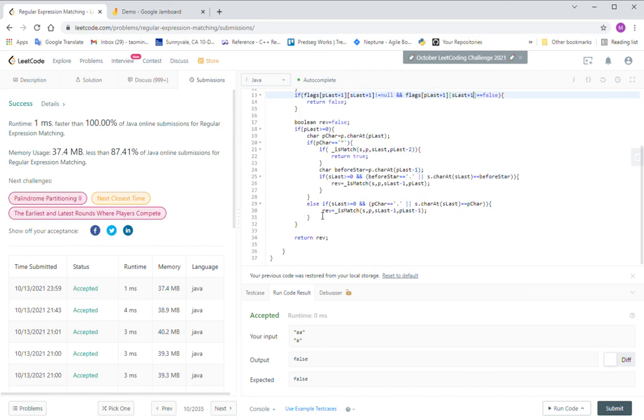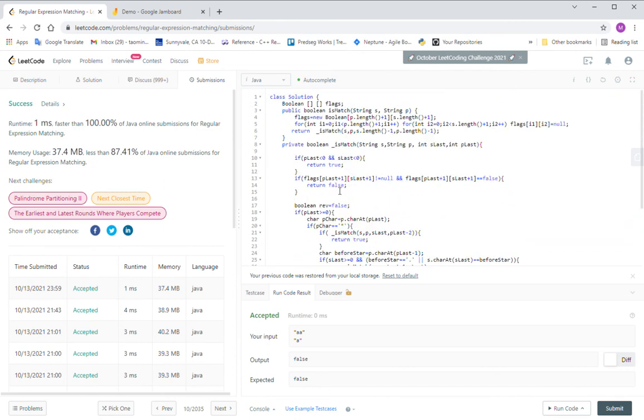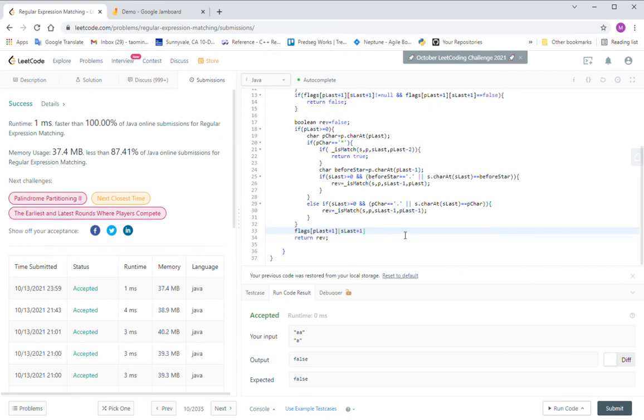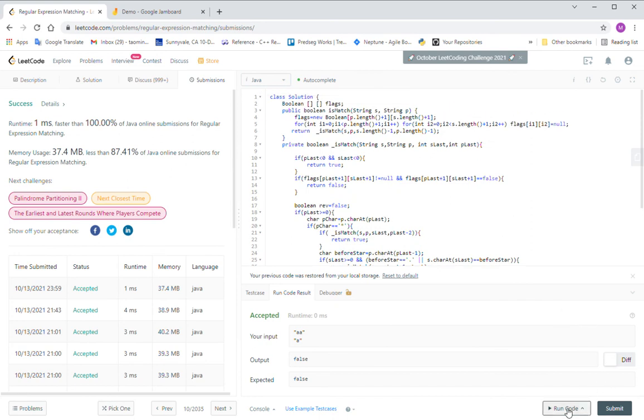And then here we can set the flag to this one. Then we can try again